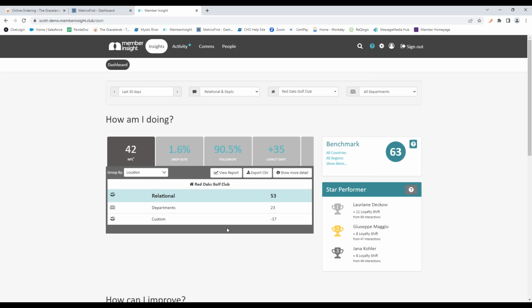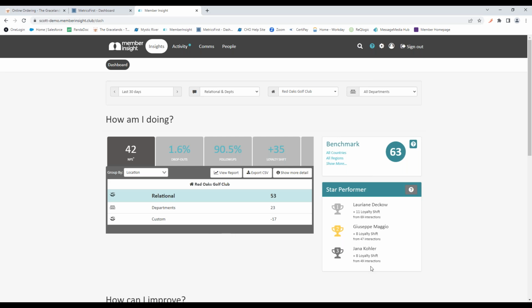And then the last one you're not seeing within here is our static surveys. Those can be embedded into your website, your mobile app. If you want to have a tablet that you drop off at the table after someone dines, or you just want to have a tablet in the pro shop after people finish their round of golf and they want to jump in and leave a comment, that's a good way to get instantaneous feedback from members.